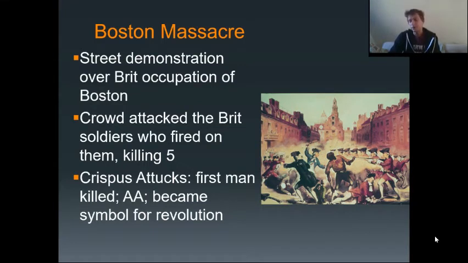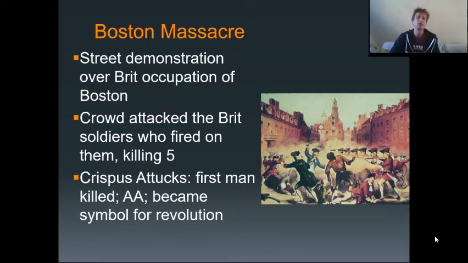We don't know for certain whether he was an escaped slave or born free. That's another thing that's a little bit up for debate. But what we do know is that he was a worker on the docks who was there at the protests. It's possible that he was one of the people agitating, throwing stuff, but it's also possible that he wasn't. There were witnesses that said both things. But what we do know is that he was killed, and most sources agree that he was the first person